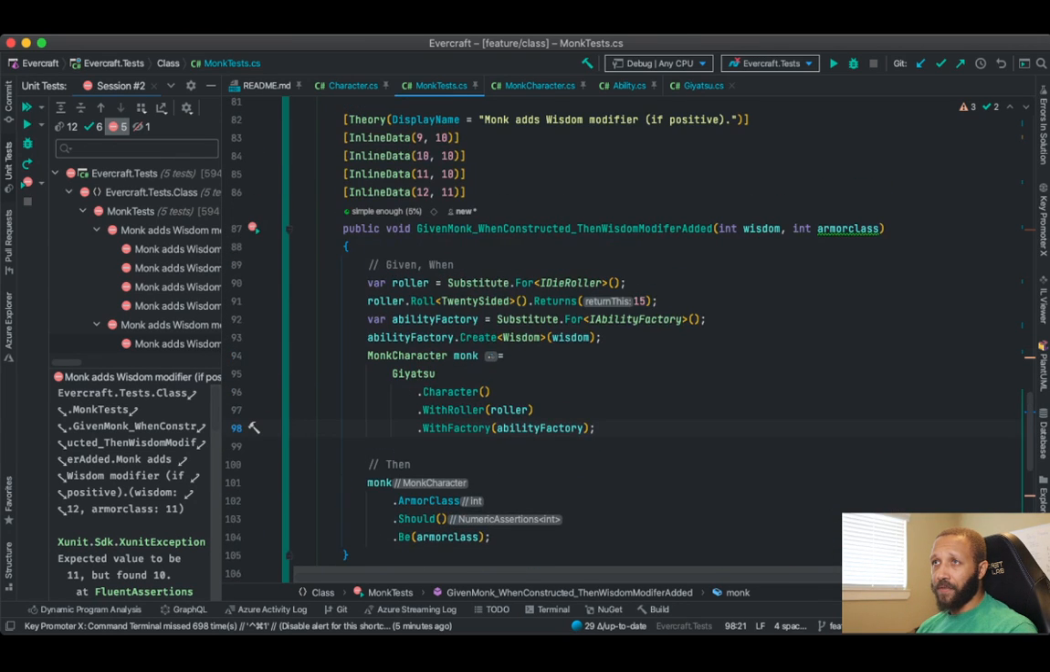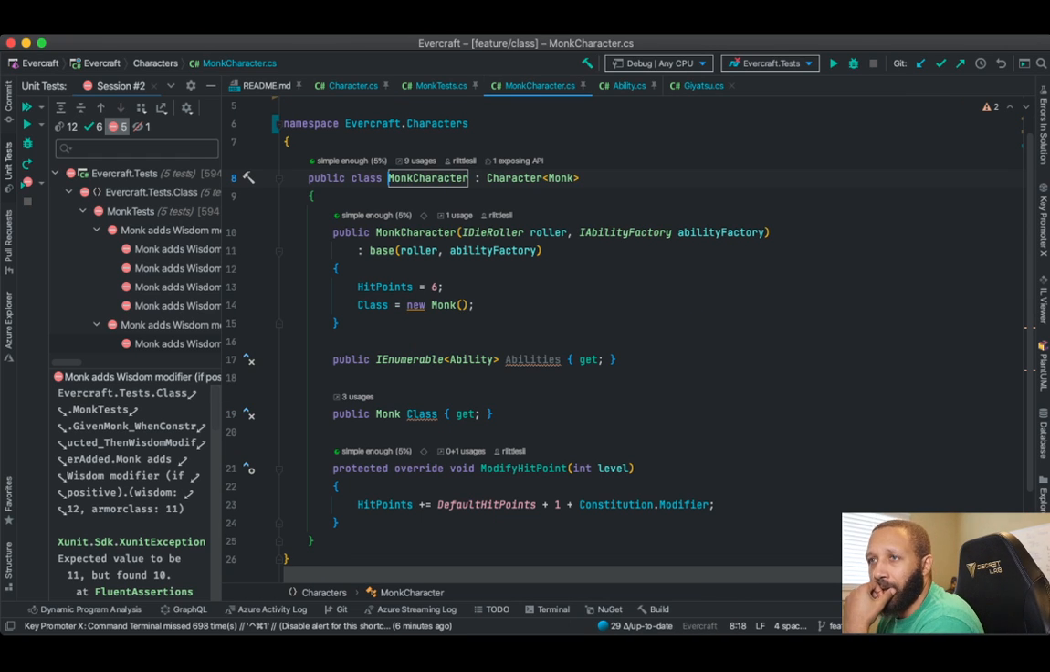So this is failing for this case. But it's not failing for the 12? Oh, that's the case it's failing on. Okay. Wisdom 12, armor class. Okay, so we need to go implement that in the monk character such that when a monk